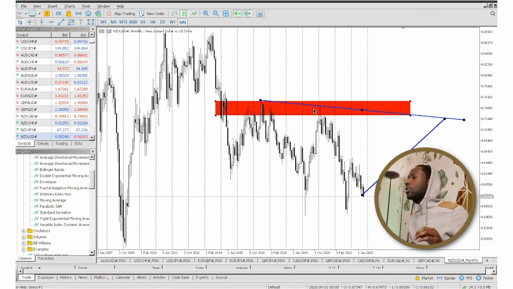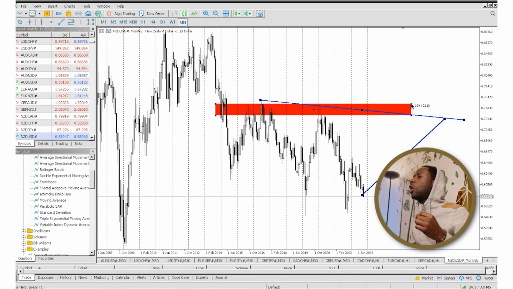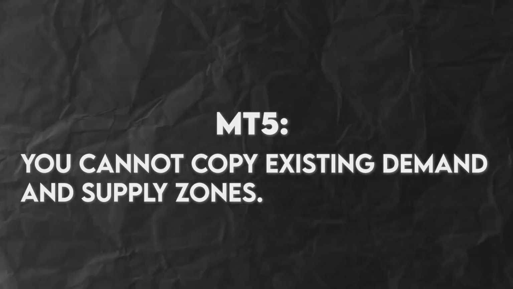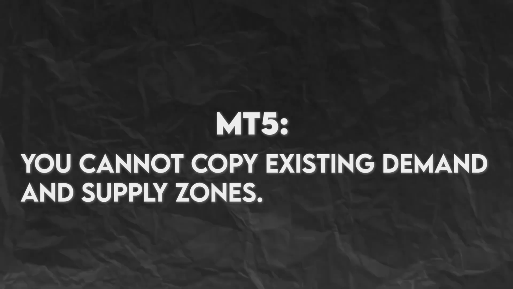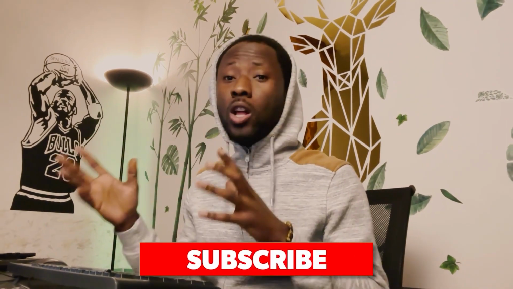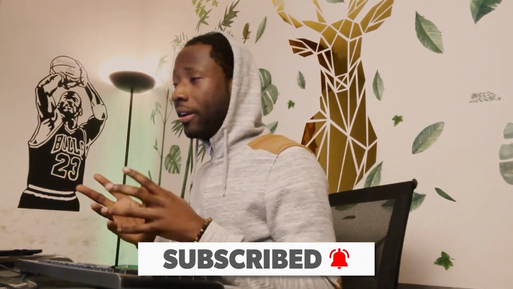The second thing that I would say is with these same lines. Sometimes you draw, especially, I'm on the monthly time frame. If you draw a demand zone, a supply zone, and you like the size, so you want to duplicate it. Guys, MT5 MetaTrader is so mechanical. You have to redraw it. You can't copy it. There is no copy functionality. If you guys have found a way to copy it, write it in the comment section. But to me, I've not discovered a way to copy the supply and demand zone, the rectangular boxes that you draw and the trend lines that you draw.